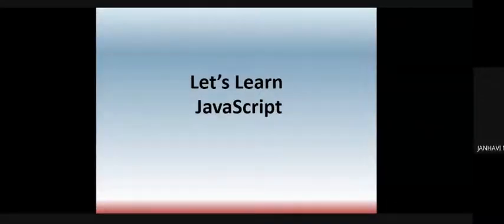Welcome for the first class in terms of JavaScript. Though we have already studied some of the points, some of the attributes, some of the syntax when we were learning JSON programming, over here we'll study in detail what is JavaScript, why JavaScript is required, and what are the different types of syntax and data types that we have in JavaScript.